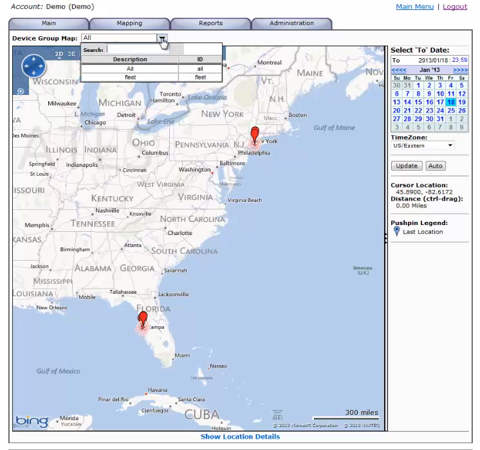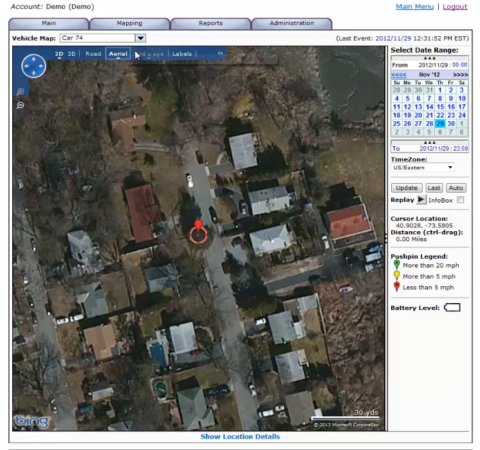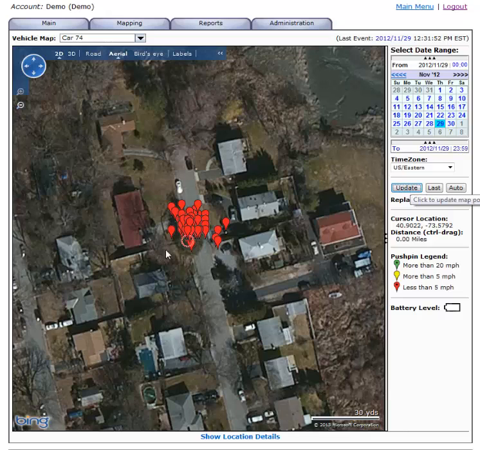Now let's go back to just one device. You're going to go to mapping, go to vehicle map. We're back at car 74. Now let's say we want to know where car 74 has been all day. All you have to do is hit update. Now you see that car 74 has not moved